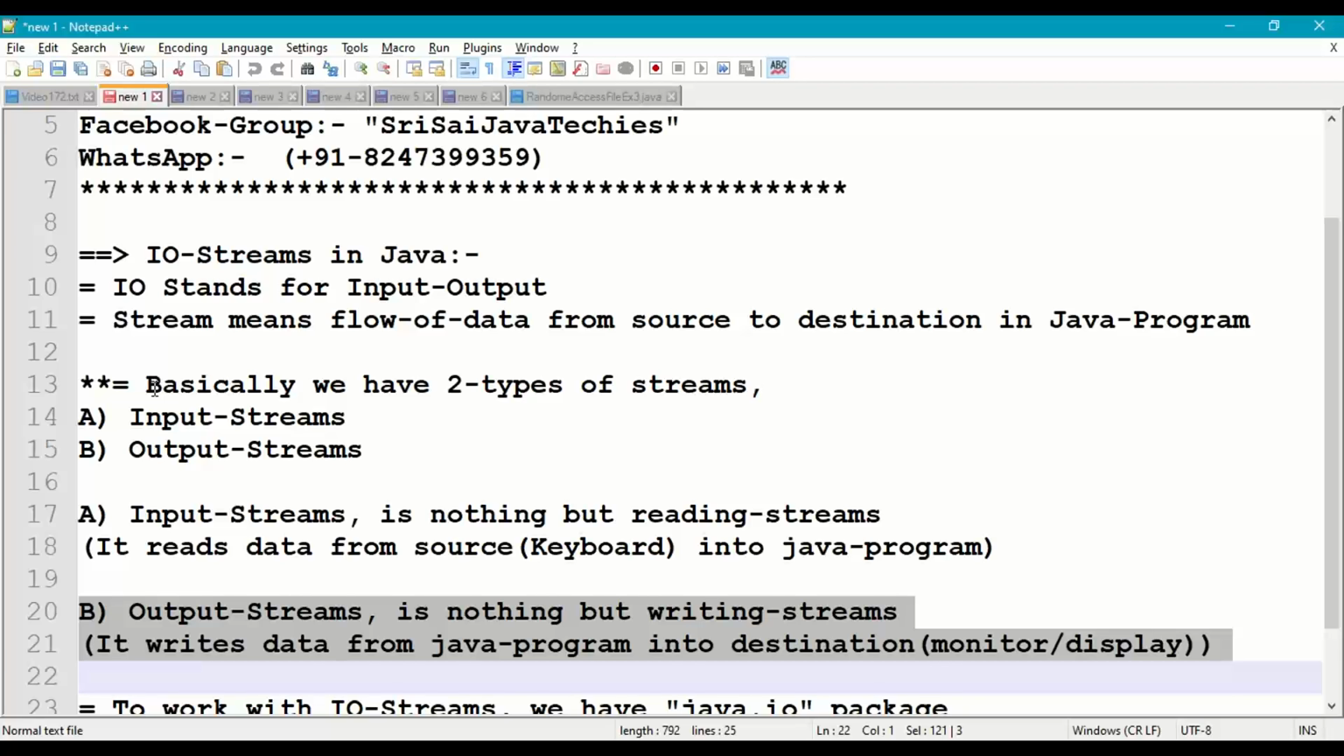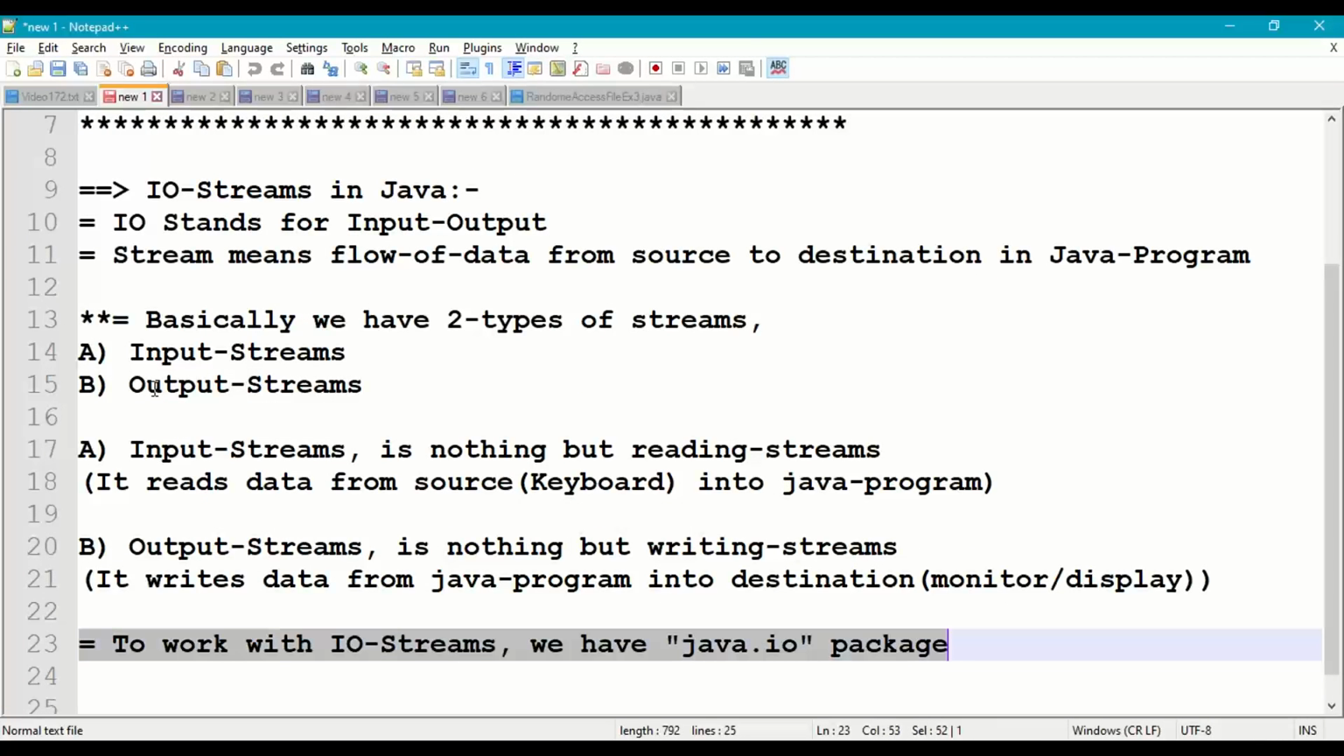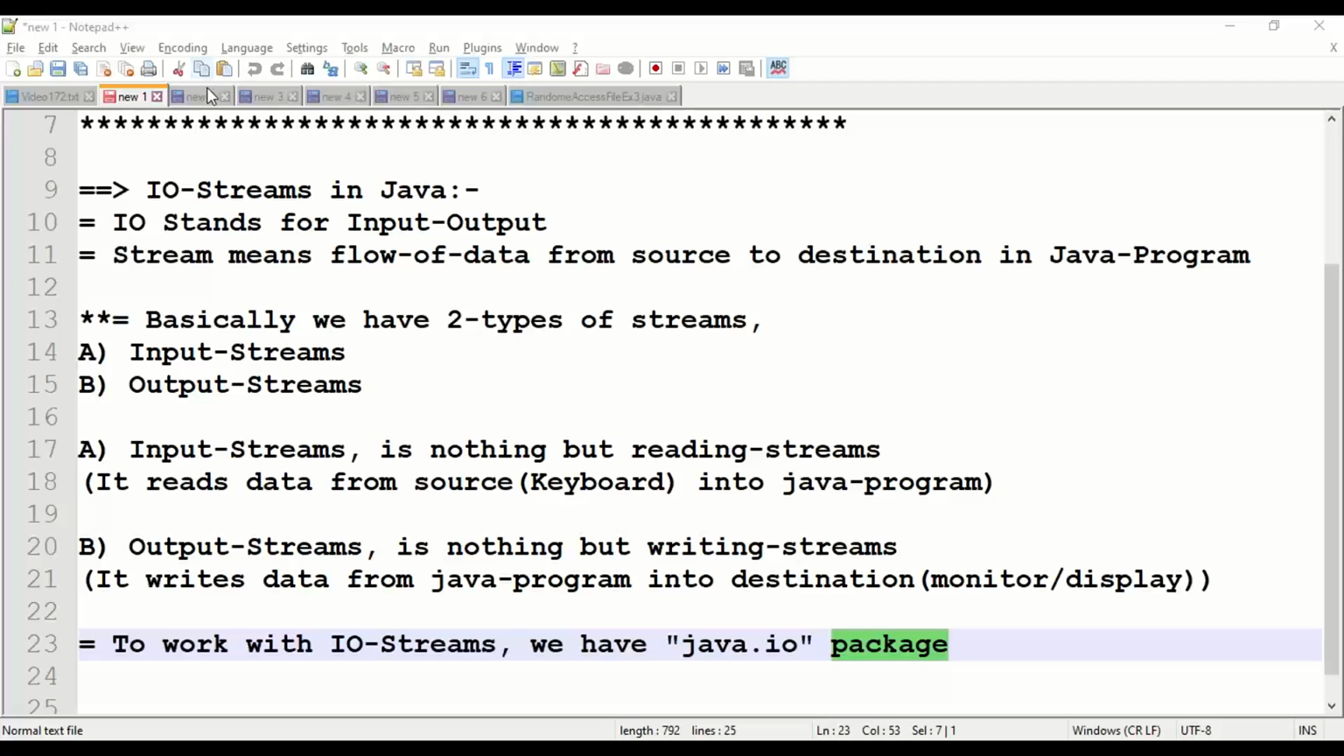And to work with IO streams, we have the java.io package. In this java.io package, we have different input stream classes and different output stream classes using which we can perform reading and writing operations efficiently in a Java program. So now coming to